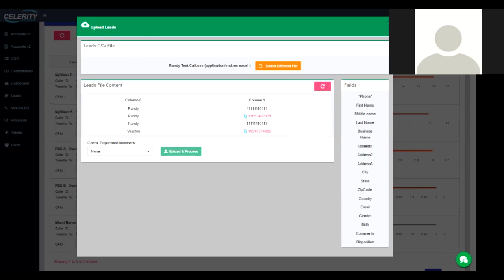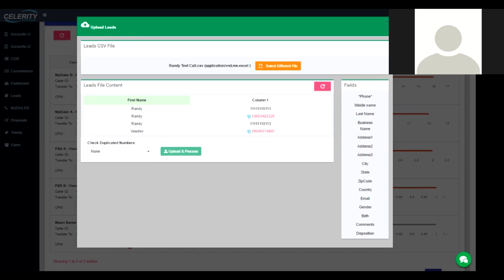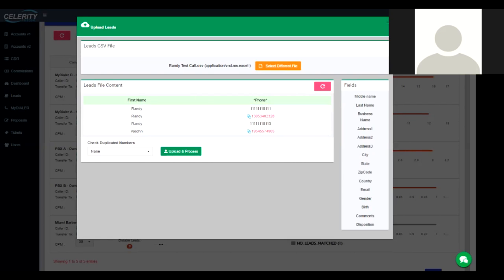So as you see, there's column 0 and column 1. Column 0 is the name, the first name of the prospects. And as you saw in the fields section, I just dragged and dropped it into column 0, the first name. And then you see column 1, which is the numbers. I'm going to go ahead and grab the phone and drag that over column 1. And that basically tells the system how to treat each column's data and, of course, know which is the actual